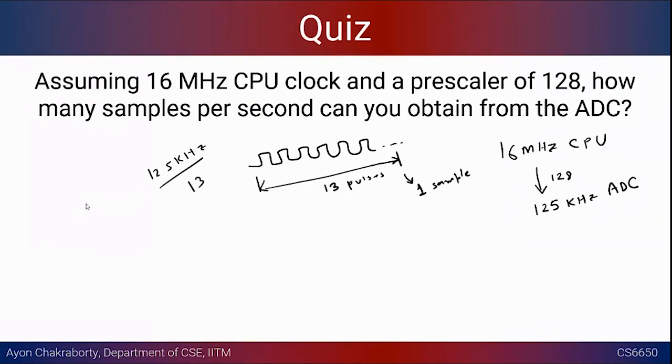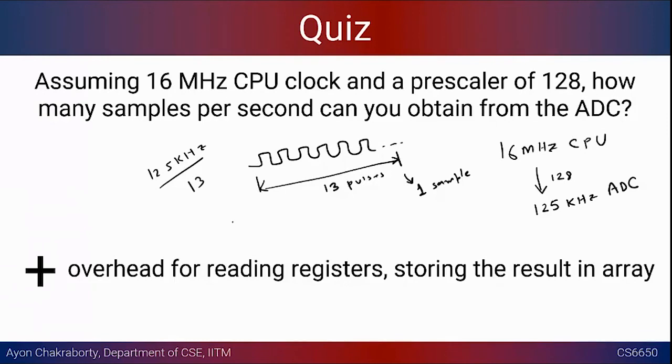Somebody asks you, how much time does getting one sample take? Is it in milliseconds? Is it in nanoseconds? Is it in microseconds? What is your answer? These kinds of ballpark numbers you should be aware of. I'm not asking you to know the exact numbers, but if you do these sorts of calculations at least once by hand, you should be able to give a decent answer, a kind of guess, whether it is 1 microsecond, 100 microseconds or 1 millisecond. These sorts of questions you should be able to answer.